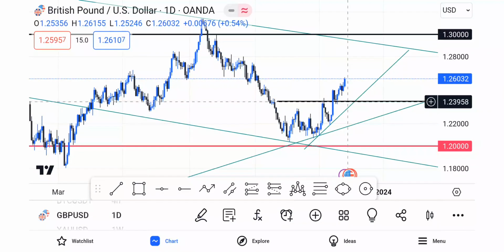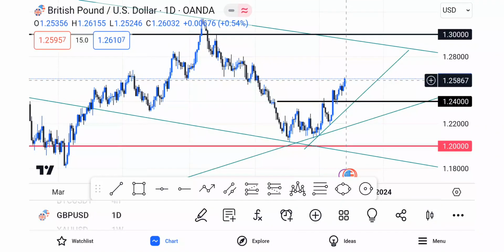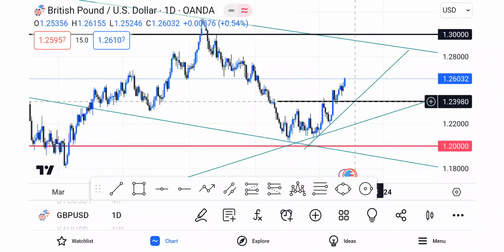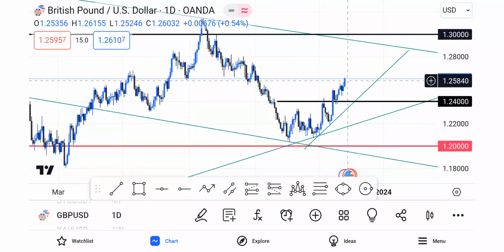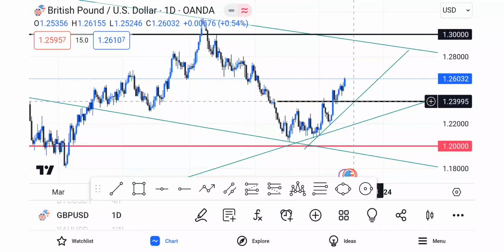So what I'll be waiting for, if we see price reverse back to this area, this is my important confluence zone where I'll be looking forward to buying off this market again. So what do I need to see? I need to start seeing indecision candles as price moves down to these areas. So if I see price comes into this area,